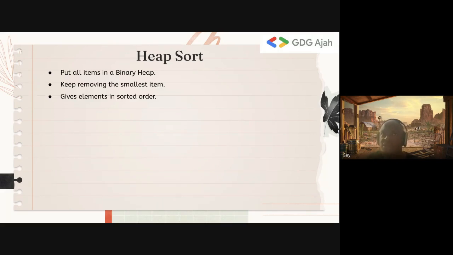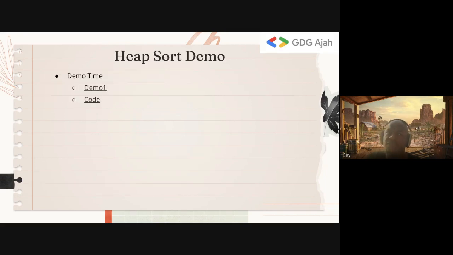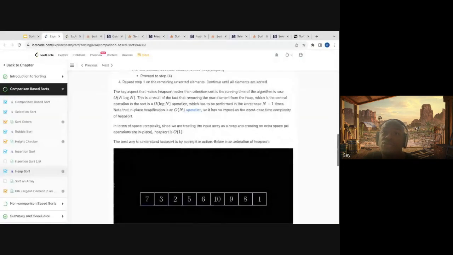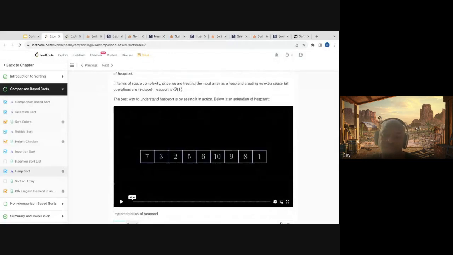Now, with heap sort, and I think we did heaps previously, so I don't think I'm really going into this, but the thing about heap sort is that instead of creating a new heap, because a heap is represented as an array, they use the array itself to behave like a heap. And then they call heapify on the array to create a heap. Then they keep reducing the heap little by little till they take all the items from the heap.